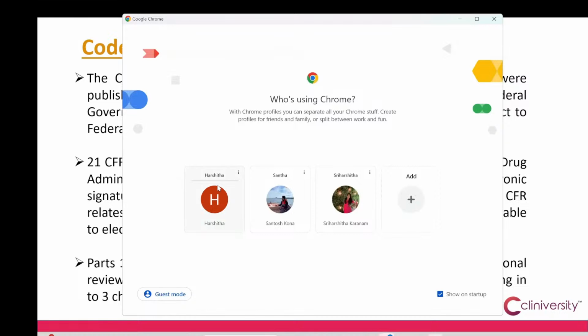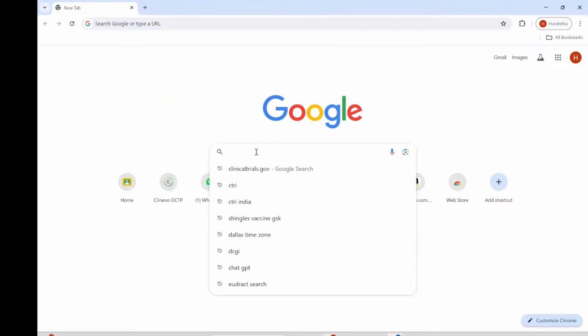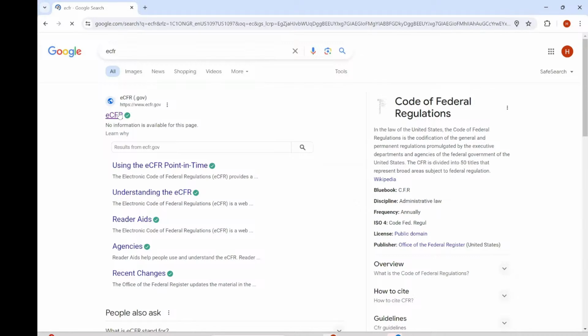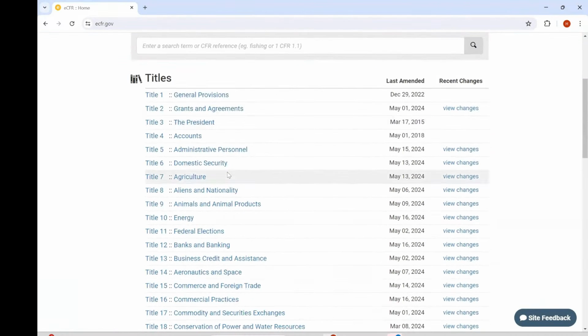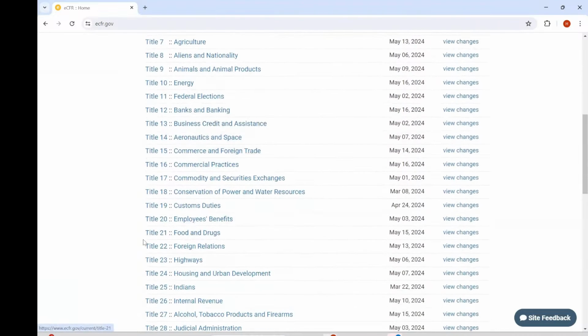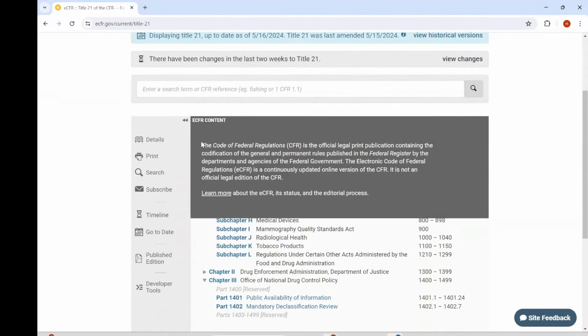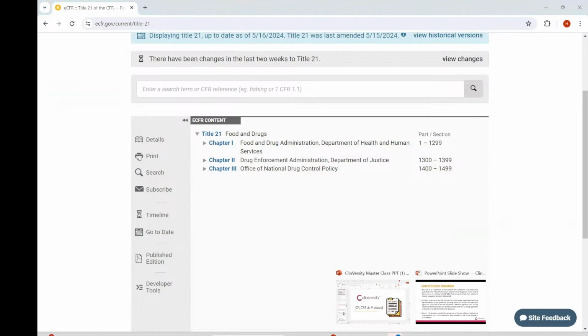So let me open this eCFR website for you, eCFR. Code of Federal Regulations. And as we have already seen during the history discussion, Title 21 stands for Food and Drug Administration. In this, we have 3 chapters, and in these 3 chapters, we are going to see some important Code of Federal Regulations that you need to